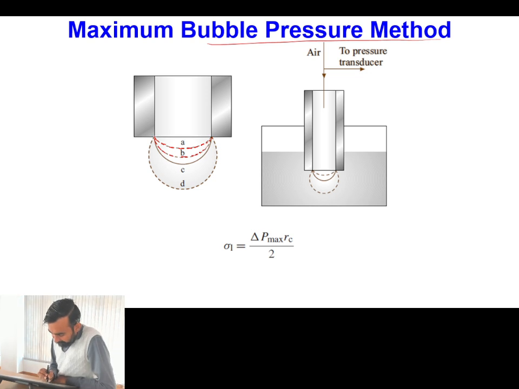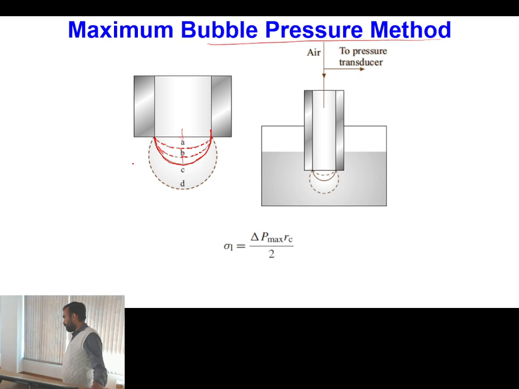Ultimately, at a certain point, it will almost form a hemispherical shape with radius equal to the radius of the needle. After that, if I keep on further injecting the volume, it will stick to the needle tip due to surface tension force. However, the remaining volume will start increasing its curvature. Okay, so in this scenario, if you see